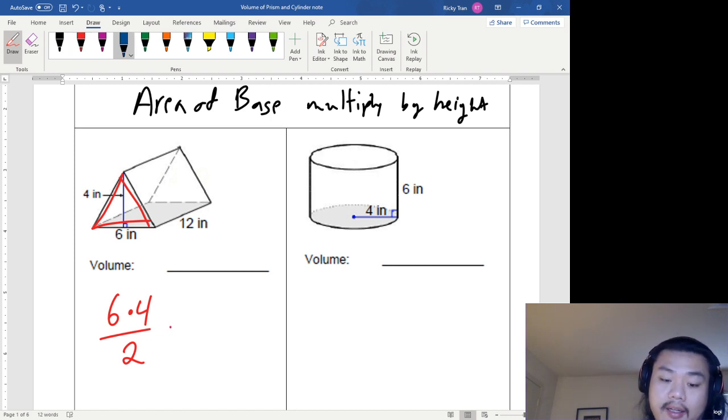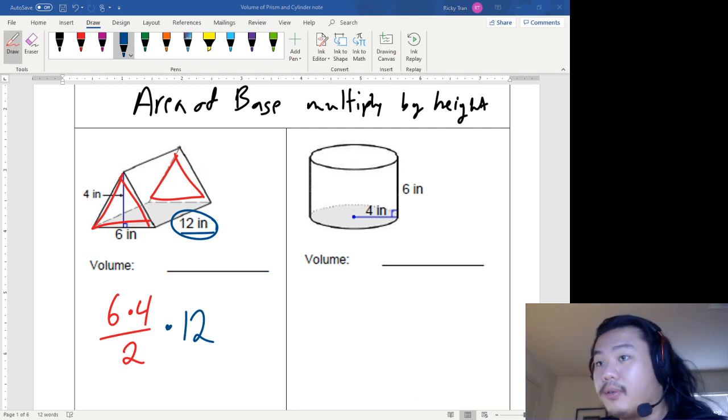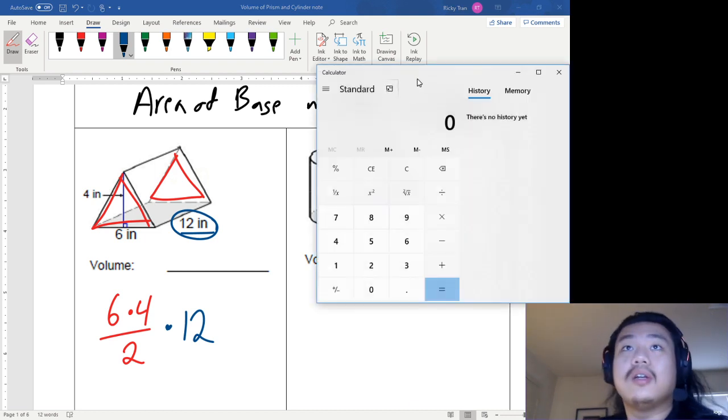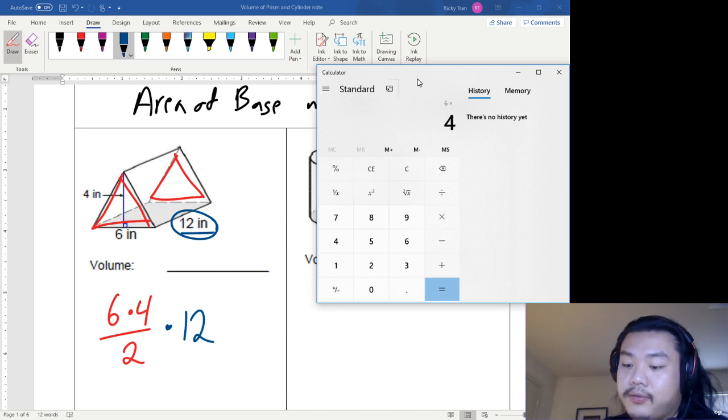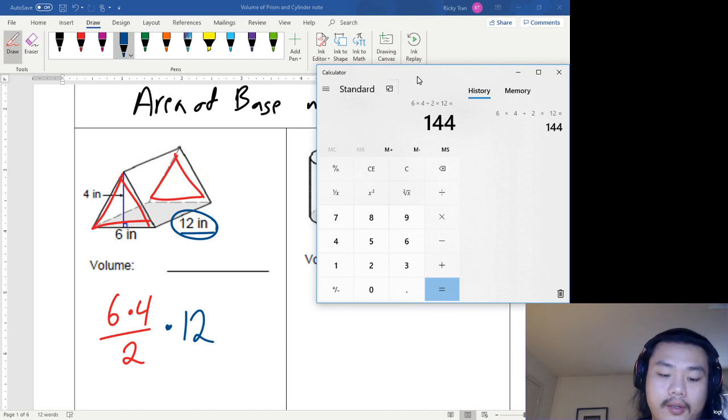The height is the length between the two bases. If the triangle is here and here, this is the height. So you multiply by 12, and that's it. Volume is very simple and very easy. So I just take 6 times 4 divided by 2 times 12. Boom, 144